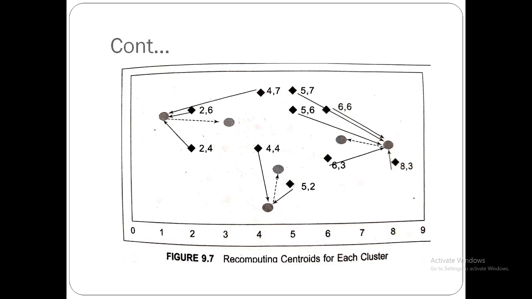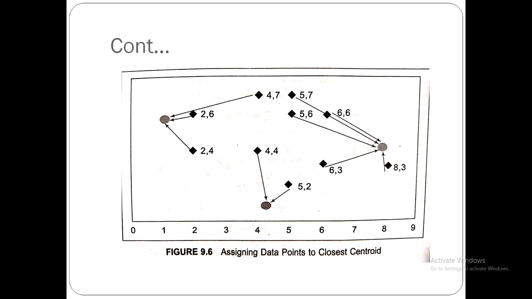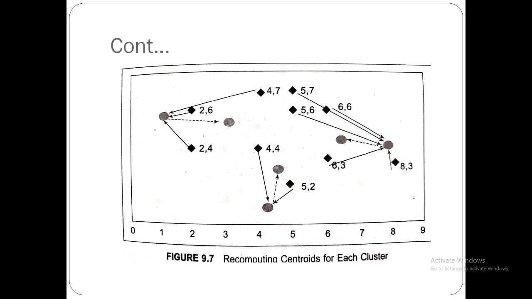Next, in the next step, once again we have to find the centroid. See, 1, 2, 3, three items are there. For three items you have to find one centroid. For these items we have to find one centroid. For these items once again you have to find the centroids. See, we have found the centroid here. Here we have found the centroid. Here we have found the centroid.